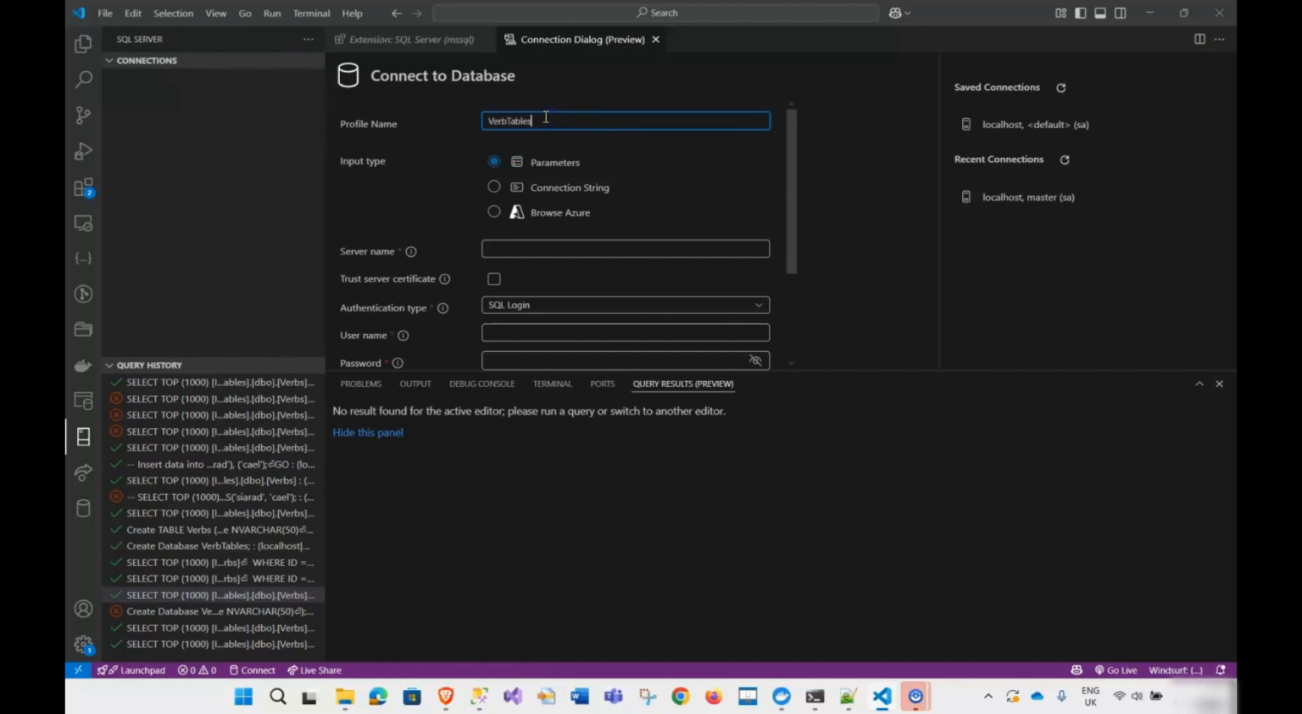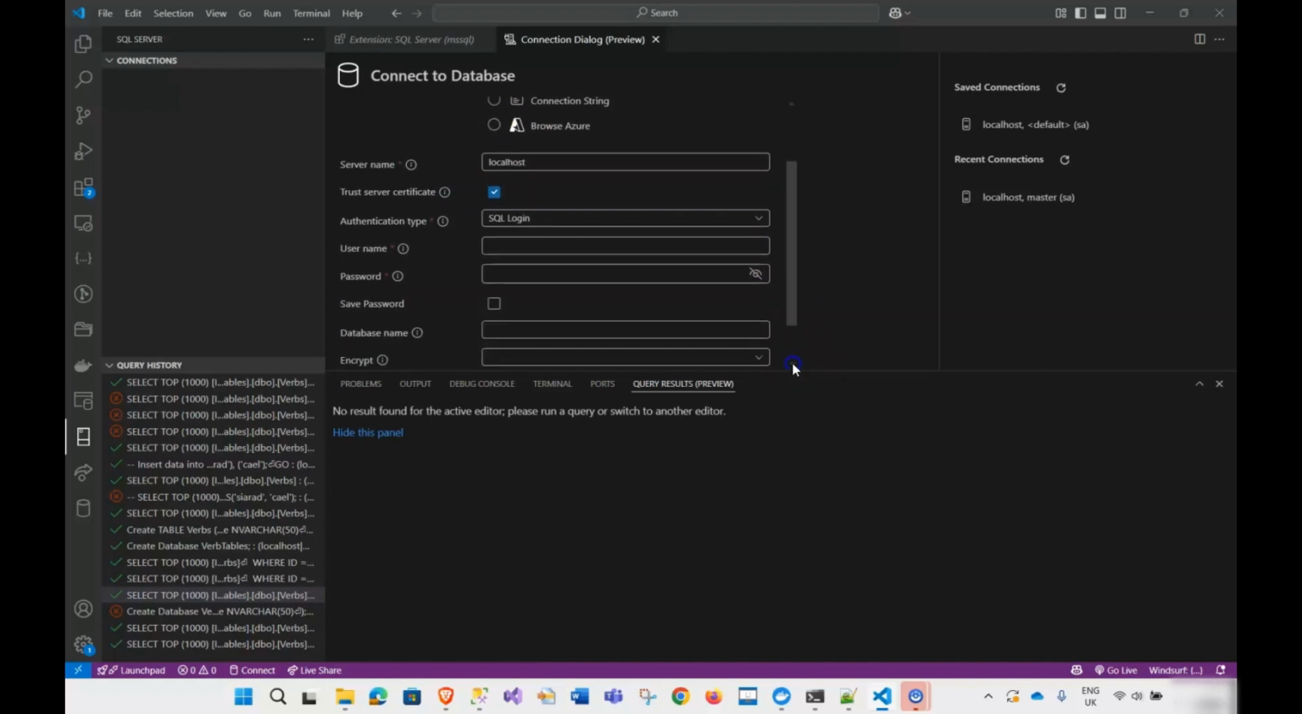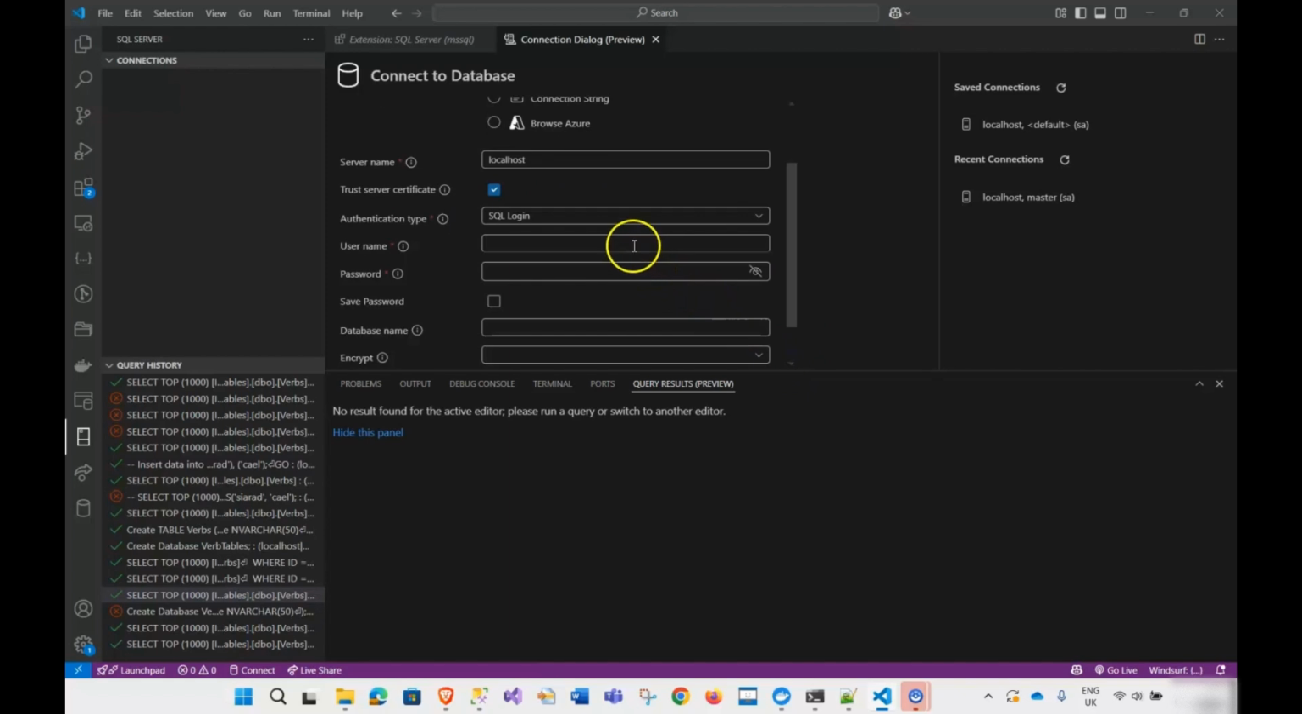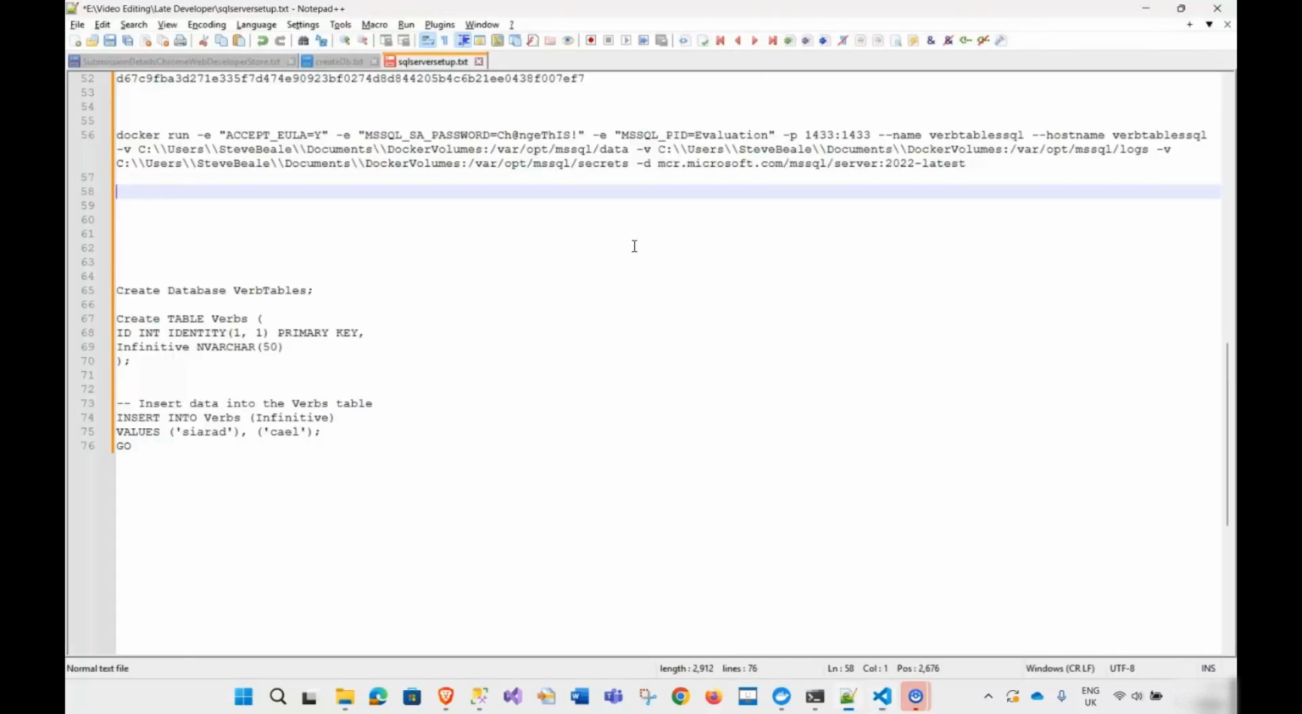Now mine is about VerbTables, so I'm just going to give it a name that makes sense for me. By all means change it. Localhost is the server name, and I would just trust the certificate, because otherwise you are going to have to click yes anyway. Now if we come back to our script, just to remind you,